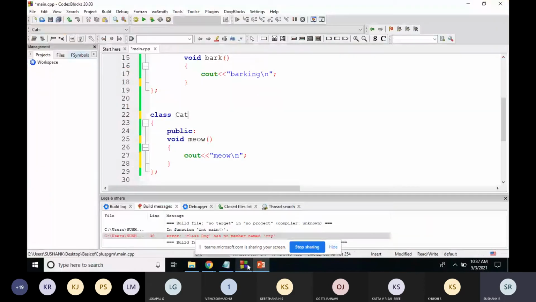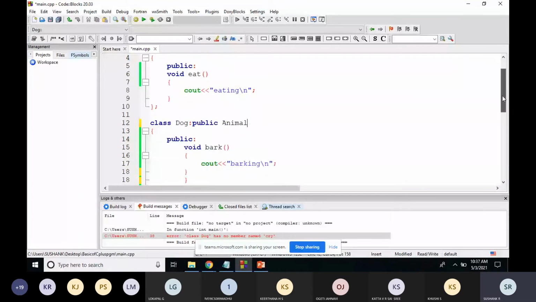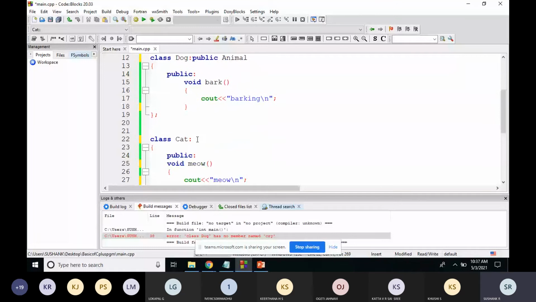The Dog class should inherit Animal. How to do that? Public Animal. And the Cat class should also inherit Animal.